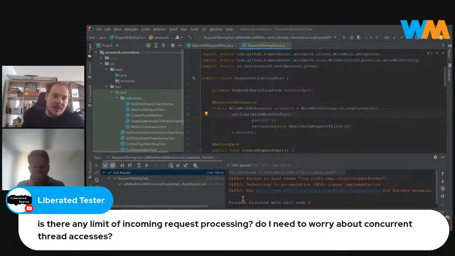What you need to keep in mind is that there are some modes of WireMock behavior. For example, it allows doing stateful behavior, so when you receive one request, WireMock changes the state based on that. For this type of requests, concurrency, of course, needs to be handled very carefully. And if there is interest, we can review such requests later.